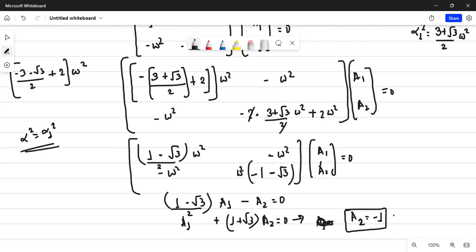Okay, so I'll write the proportionality. If I take a2 as -1, your a1 would be equal to what? 1 plus root 3. And here also, if you take your a2 as -1, your a1 would then become 2 upon 1 minus root 3. And if you solve it,